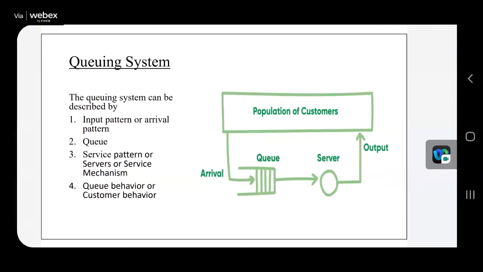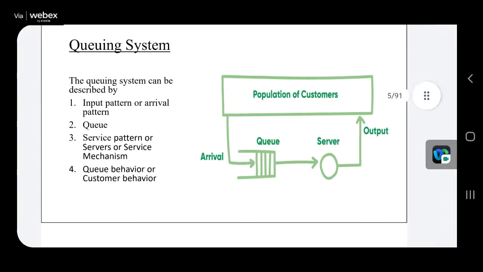By deciding all these things, I'll come to a conclusion that let me go and join the particular queue. So that is the queue behavior, or the customer's particular behavior towards the server. I'll be explaining in depth and in detail how to apply the mathematical method to this queuing system to ease this process. This is our topic of interest.